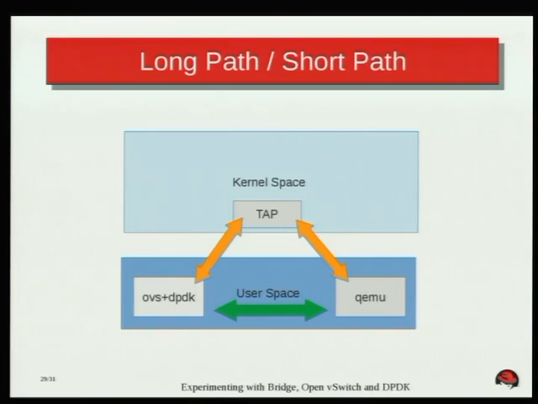And the same explanation is valid when we are using VMs, because the VM interfaces with QEMU, and QEMU usually creates a tap device, which is in the kernel. So what happens is that we receive the packet in user space, do the bridge processing here in user space, then we have to inject the packet in the kernel space for the tap device, which is backed by a file descriptor in user space. So we do these two context switches and then deliver to the VM. The VM pushes back the packet, and we have to go all backwards here. So this is